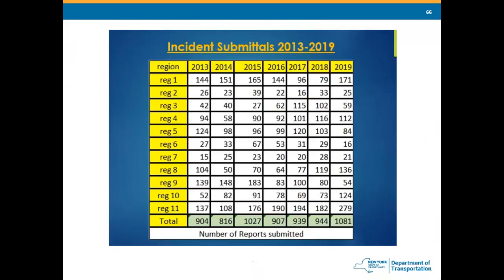This particular screen is from 2013 to 19, but these are the number of incidents that happened during those years, and incidents would be pretty much everything. I mean, that could be an MVA, could be a contractor smashing their foot. It could be anything. So these are the numbers. We had a good year, and then they went up, and then they went down, and now they're back up again. So in 2019,